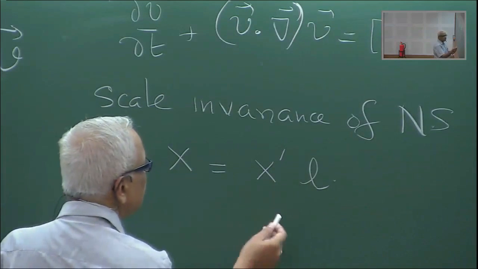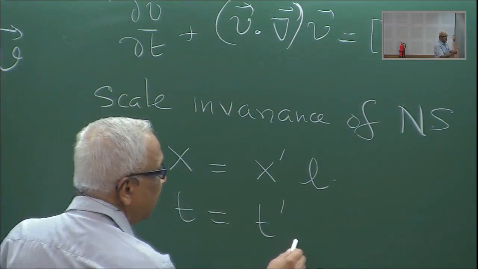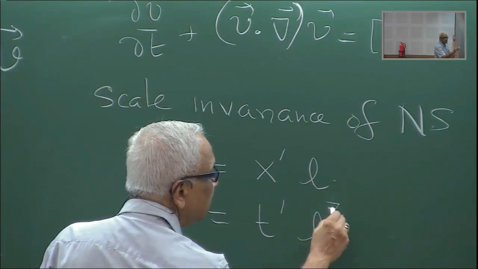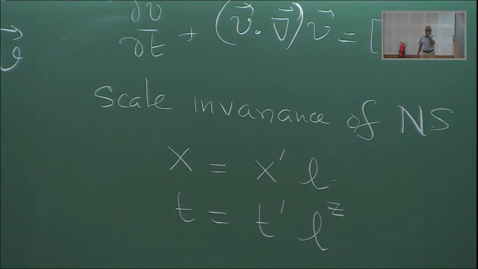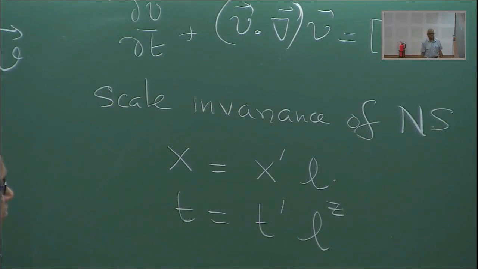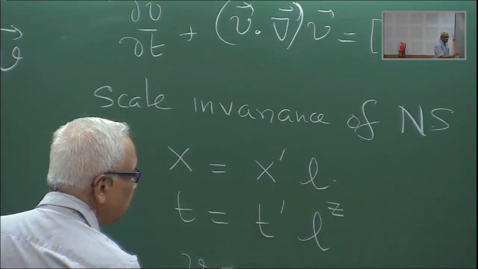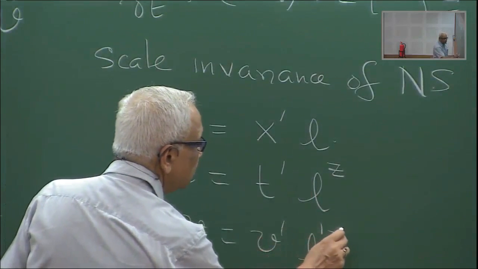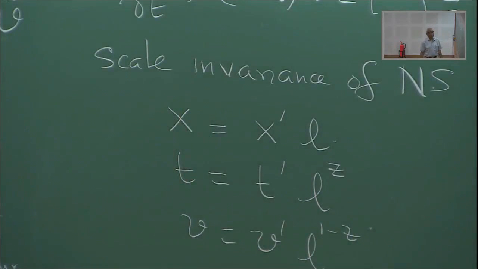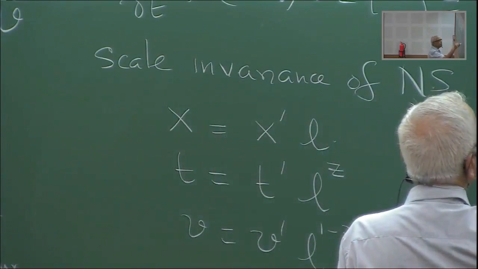So now as I scale the length scale, t would also have to be scaled appropriately, and this is by some L to some power z, which you don't know as yet. So t is equal to t prime times L to the power z. V then is V prime L to the power 1 minus z, and what do we want? Scale invariance means in the primed variables,